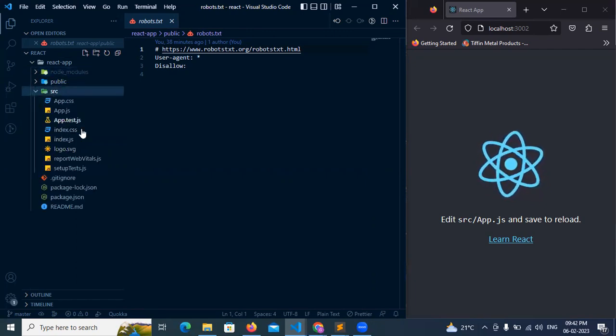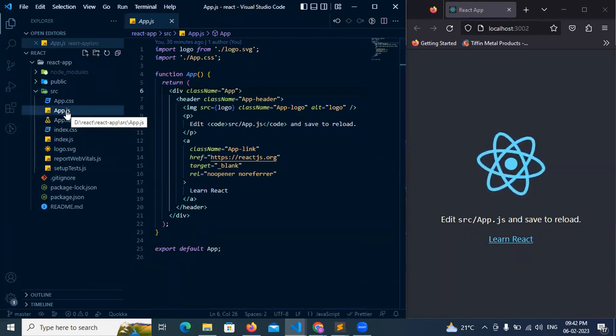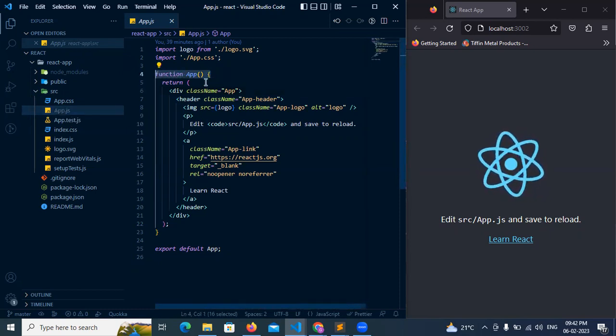The src folder contains the JavaScript files that your React application runs. We can open app.js. Initially app.js is a component. React is a component-based architecture library. Here you can see it's normally a function. That function is returning HTML. This is not actually HTML. This is called JSX, JavaScript XML. That means